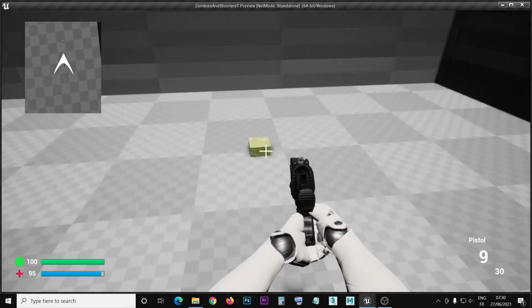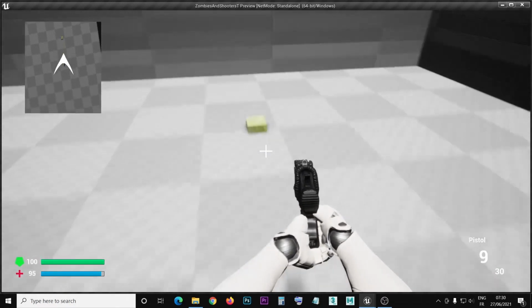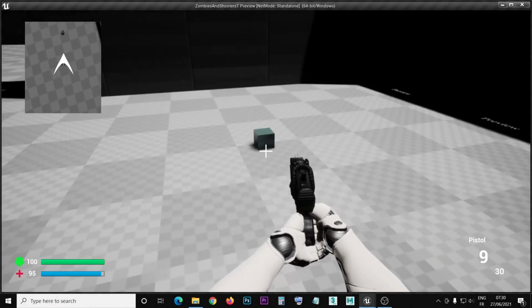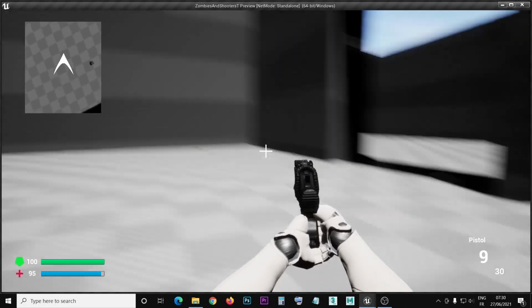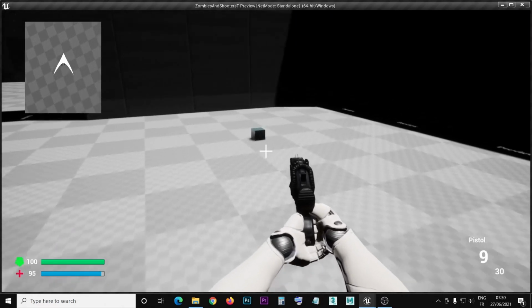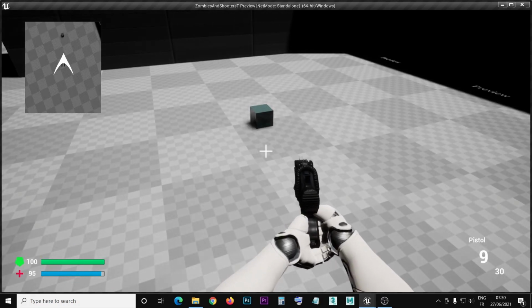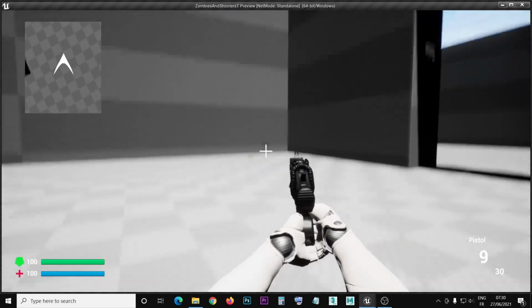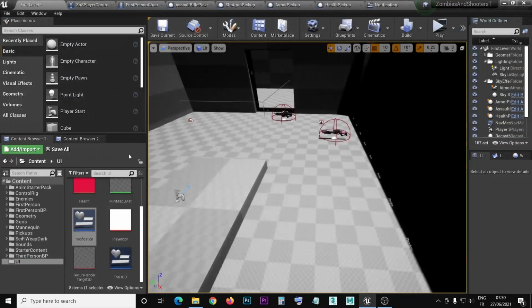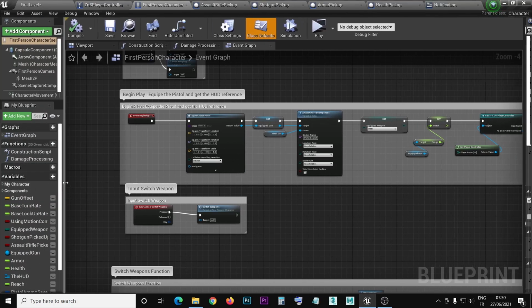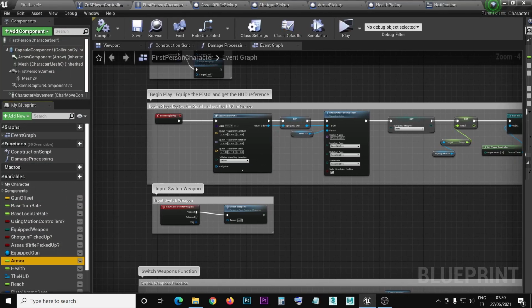going to the health pickup, because I have full health, so this is not gonna work. Not the health, it's the armor which I have full. The health I don't have full, so I'm getting the message picked up health. Then for the armor, I think it's better from now on to